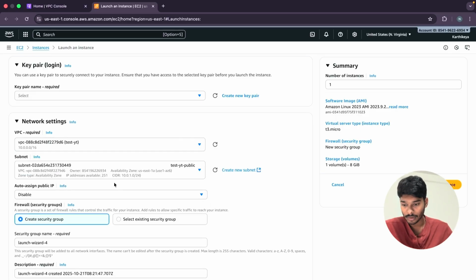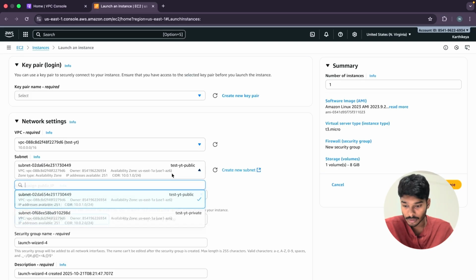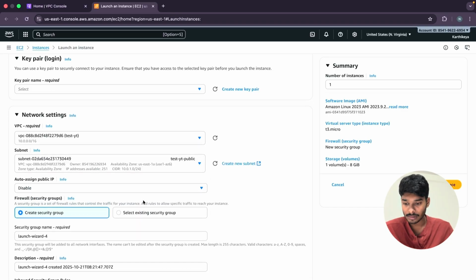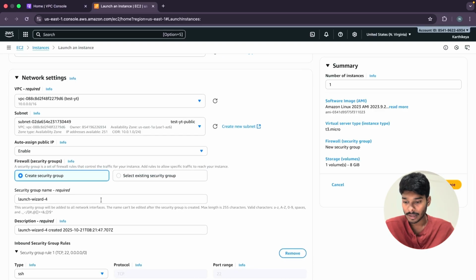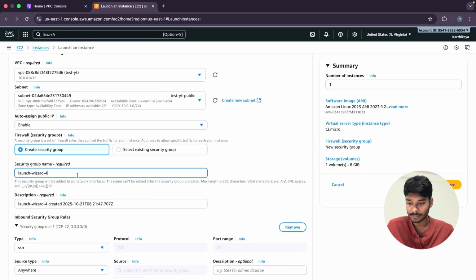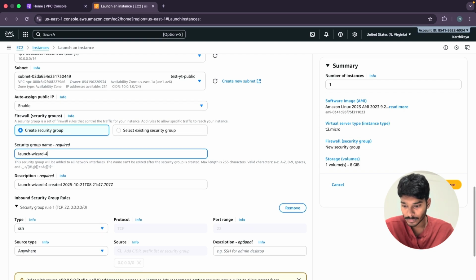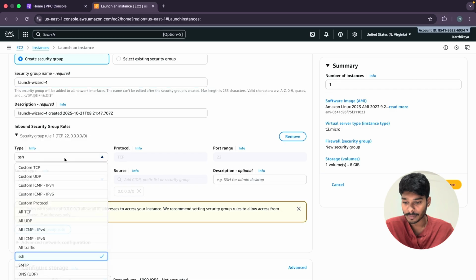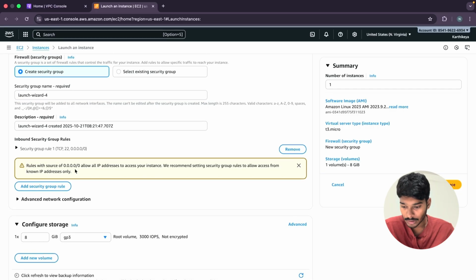I've selected, cool. And then you need to select the subnet. Subnet should be public, test YT public. Yeah, you have selected. Auto assign public IP, please enable it. And then you need to go for security groups. In security groups, your SSH should be